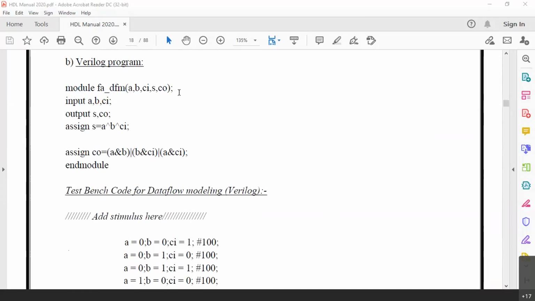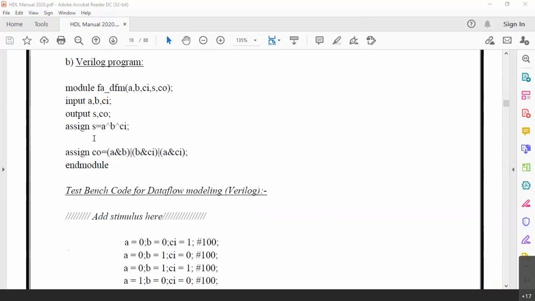So it is A, B, Ci, S and Co. Inputs are A, B, Ci. Outputs are S and Co. You can see directly, assign S is assigned A XOR B XOR Ci and Co is assigned AB plus BC plus AC, that is the end module.